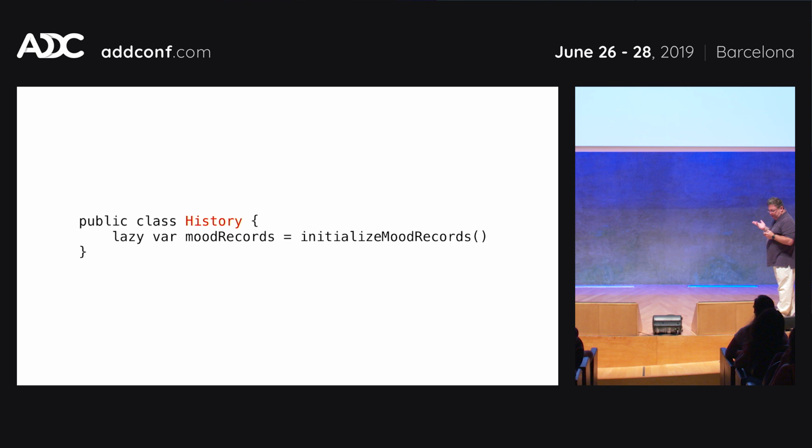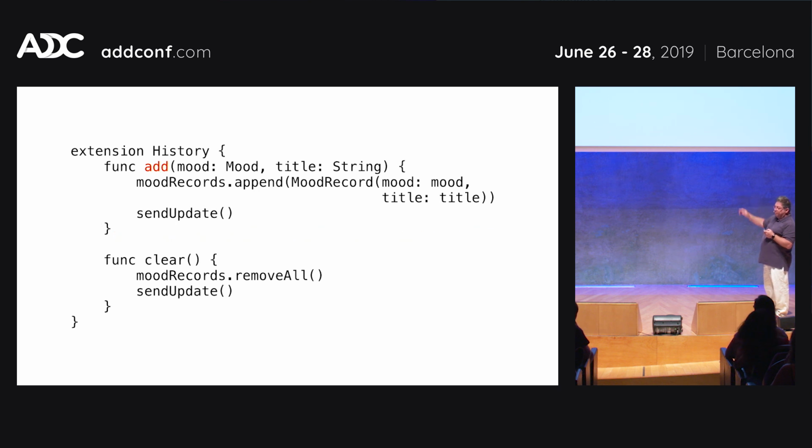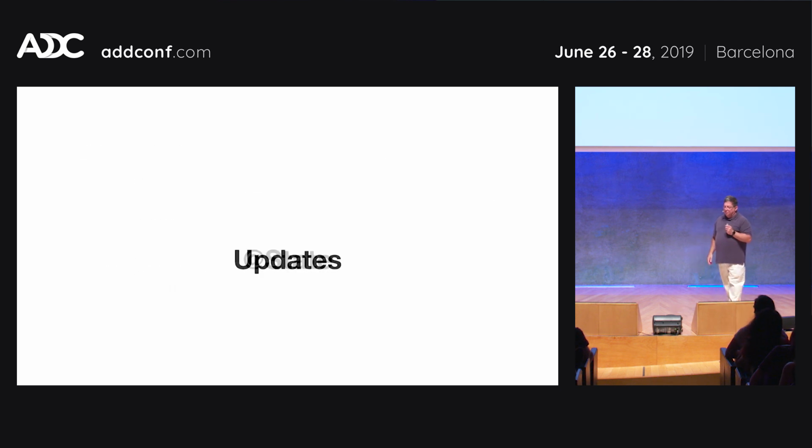So here's history. History keeps all those records inside of it. History has the ability for me to add a new mood to it. So I add a new mood, and it says, okay, here's your mood, here's your title, I'll create a new mood. And it sends an update. And I also have the ability to clear all my records. So I'll remove all the records. I'll send an update. So what do I need to do an update so that the other guy gets it? Because right now,